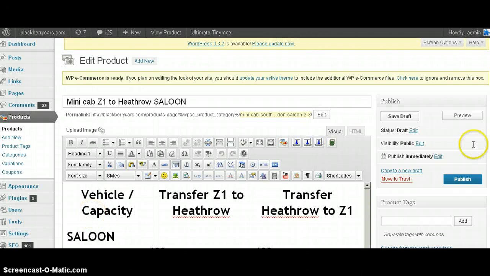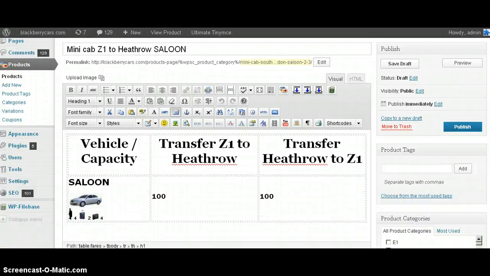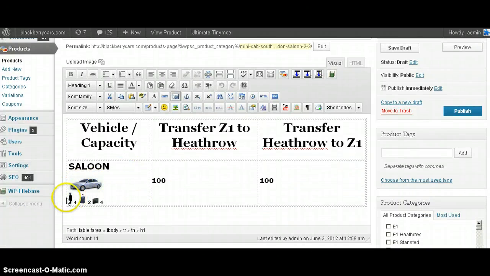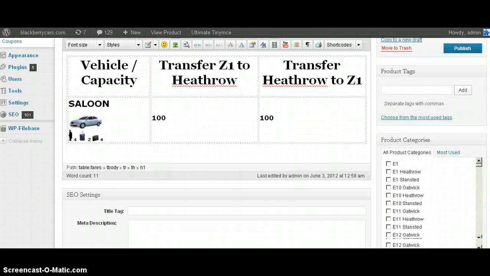The images should all be correct. The saloon image, all of this stuff should be pre-populated. You just have to edit the price and edit the title up at the top, and that's what I mean about the saloon having the title. The table header is included in this saloon vehicle only, not in the other one, so that's the one you want to start with. And then what you want to do is, to make sure the category page is built,